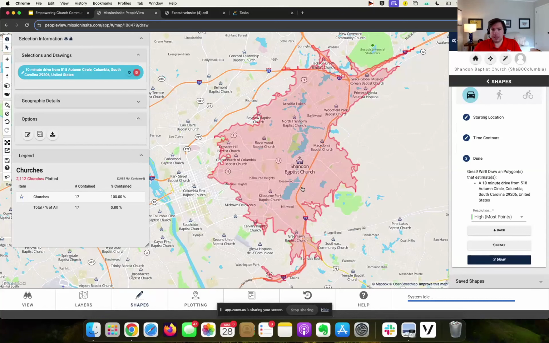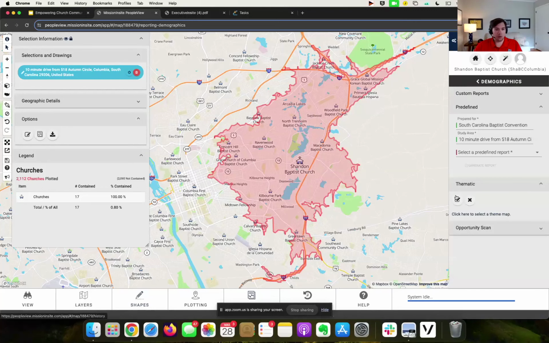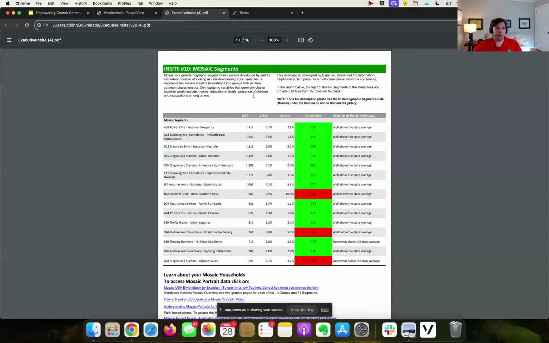So when we're thinking about VBS, Vacation Bible School, and we're wanting to promote Vacation Bible School, how can we use a tool like this to segment who we're speaking to? Well, we're already segmenting based off of a higher probability that we know people want less than a 15-minute drive to church. That's one example of a segment. Now I'm going to use this program to run a report, something called an executive insight report. I've already run one, so I'm not going to run it again. I'm going to flip over to it.